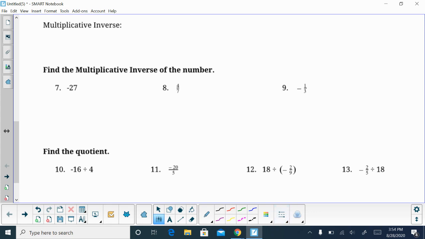Alrighty, lesson 1.2. I think this is maybe the fourth video going through working on that first page. So let's add some more to that note page you've got going. Multiplicative inverse. That's two big words, multiplicative inverse. And what it is, it's also known as the reciprocal